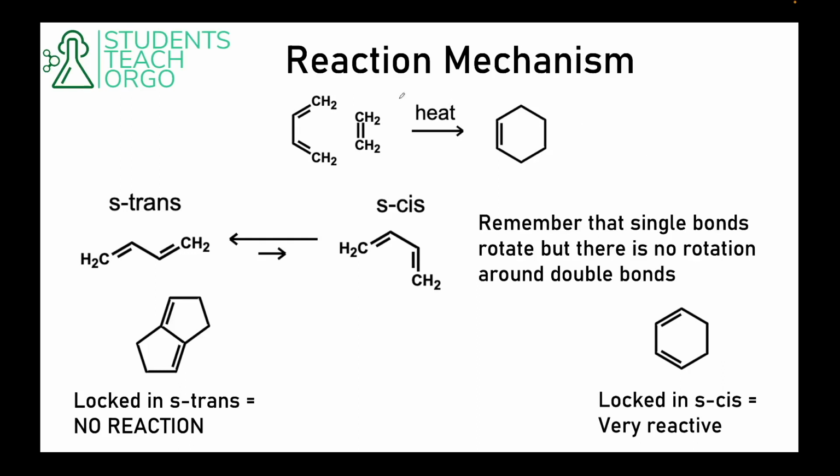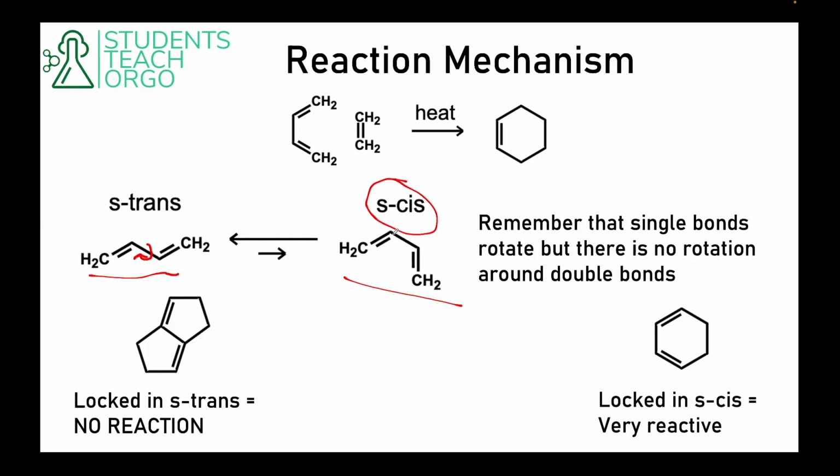So an important note is that the Diels-Alder only occurs when the diene is in the s-cis conformation. And so I'm sure you guys have heard cis and trans before, usually in relation to stereochemistry and the position of substituents across double bonds. But in this case it means something different, because this molecule right here and this molecule right here are the exact same molecule. The only difference is that we've rotated along that single bond there